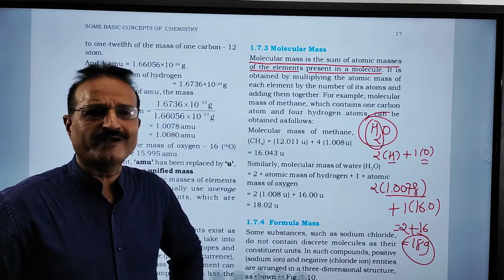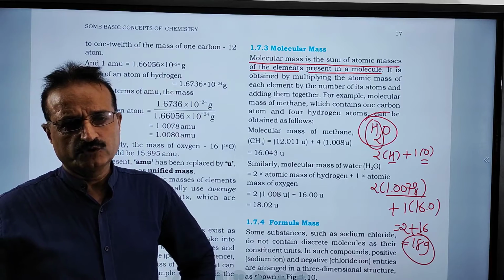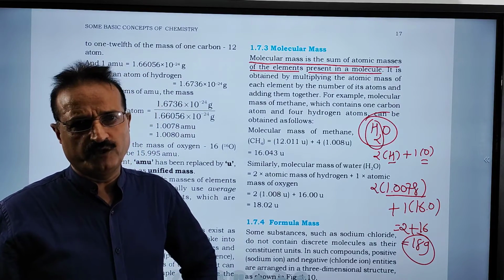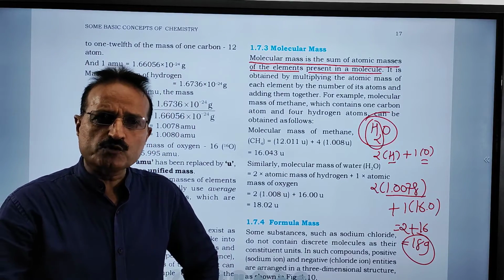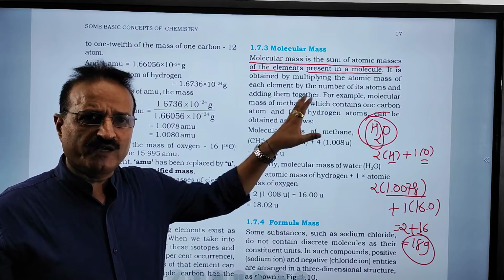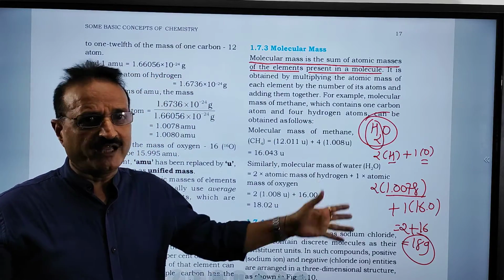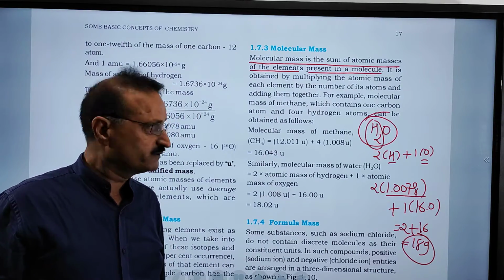The decimal digits are not calculated in real terms, so it is not necessary to add the point-something value. You just add the round digits and it is also correct. Here you are given the example with its particular atomic mass. I have given the example of round figure atomic mass.